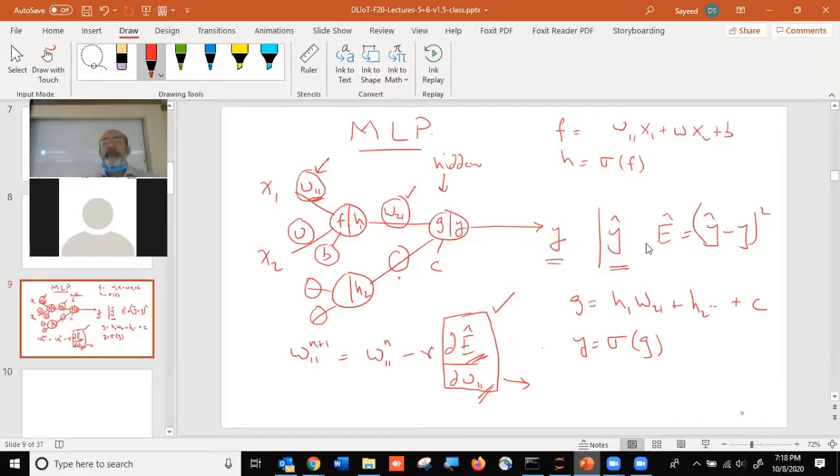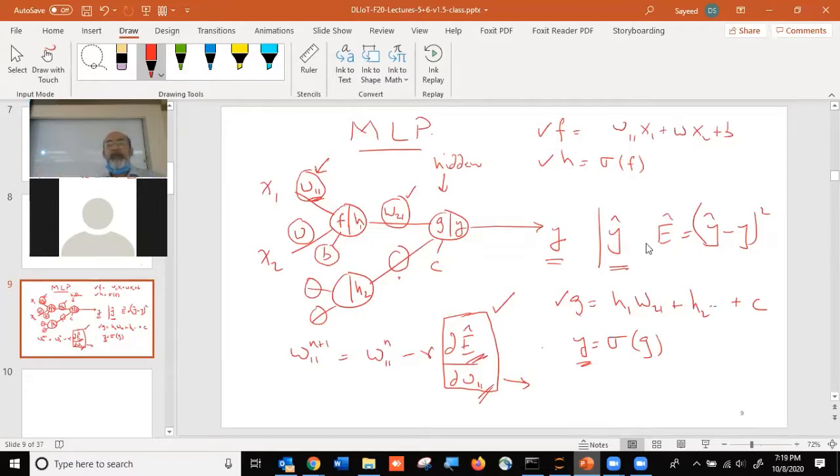We already know, we have all the equations. We've got the equation for F. We've got the equation for H. Now remember, H is the equivalent of Y earlier. The weights are W. And then we've got the equation for G, which was the equivalent of F, except now G is the summation in the second layer. And Y is finally the application of the nonlinear activation function to G. Okay, so you understood this. So now we can simply apply the